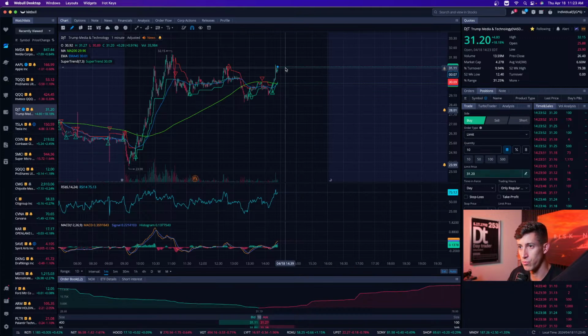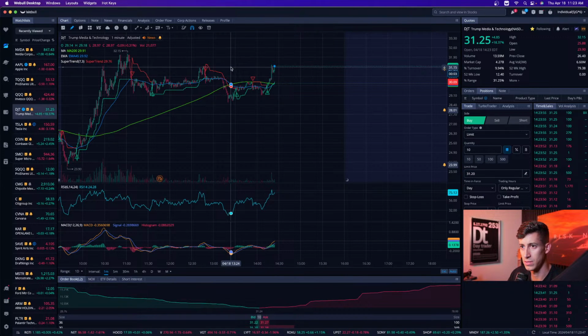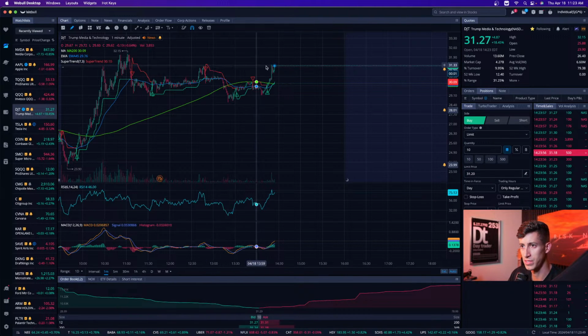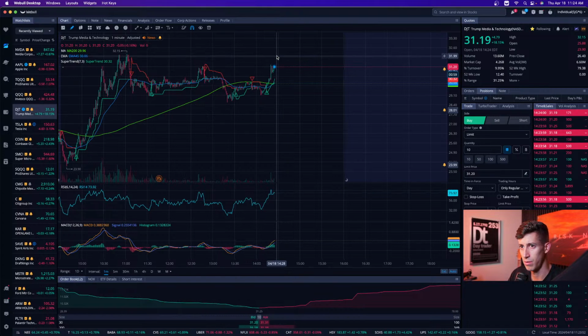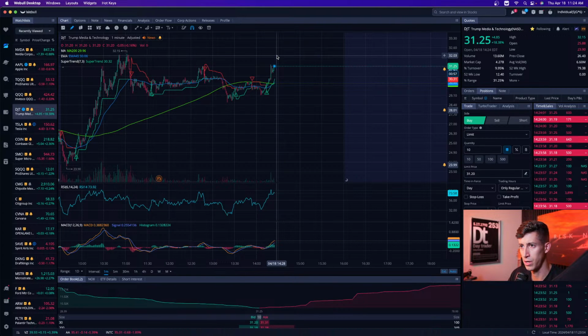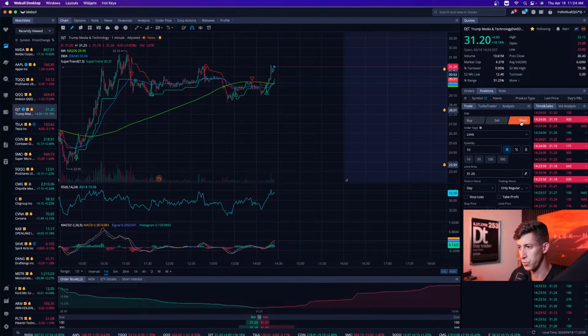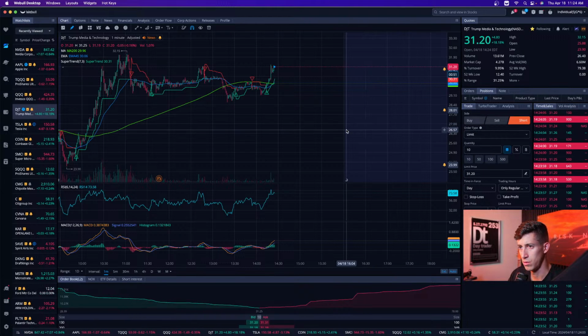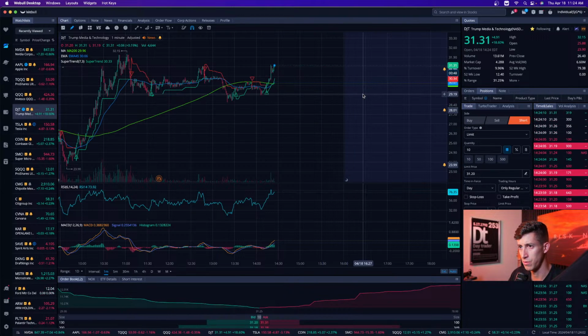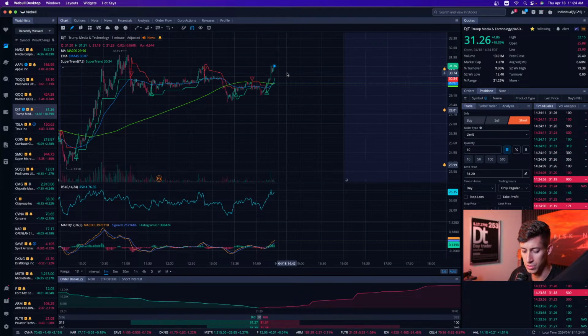And DJT is retesting previous highs. So let's see what we get here. Let's see if it breaks out back to 332 or if we get rejected here. So I would love to open up a quick little short. I just need to wait for that confirmation. So right now it's still pushing up, and if it's still pushing up,